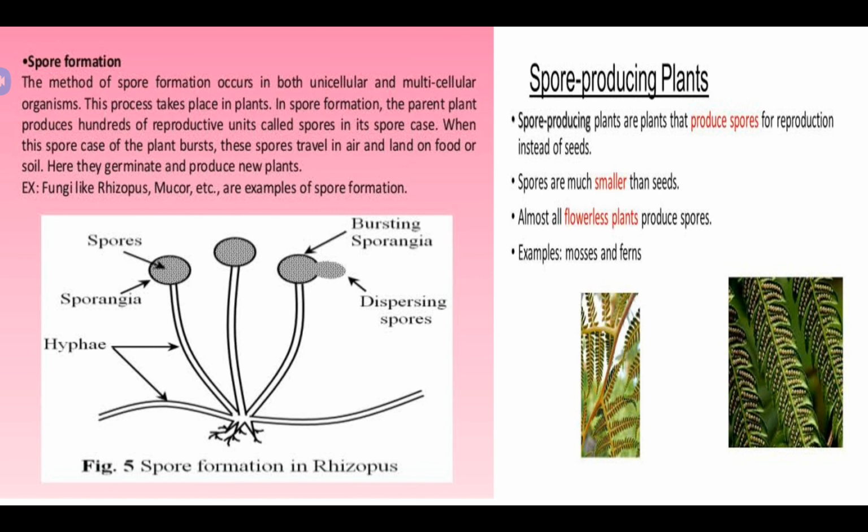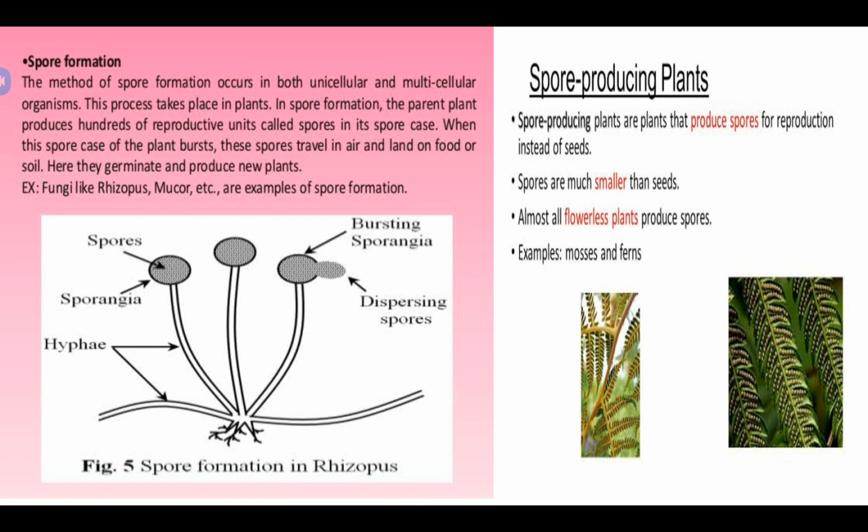So not only fungi, we can see spore formation in some plants also. Already we discussed this previously, in the starting of this module. So which plants are involved in spore formation, unlike vegetative propagation? That is nothing but ferns. These ferns and mosses mainly reproduce by means of spores. On the leaves you can see spores. Clear? These are flowerless plants. They produce individuals through spore formation. So these are spore producing plants.